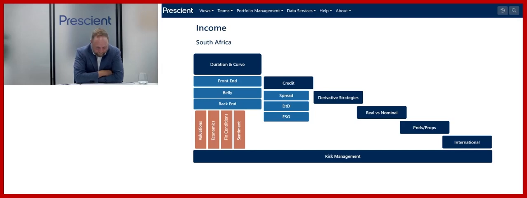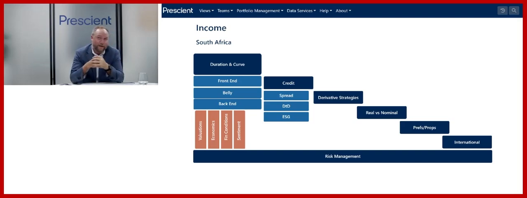Real versus nominal. Here we're just thinking about opportunities, inflation linked versus not. But interesting in this space, and certainly what we do at Prescient, on the real side of things, there's opportunity in more the unlisted space as well. So renewable energy, as an example, we run an internal fund at Prescient. That's a clean energy portfolio. That's a CPI +6 portfolio, government guaranteed, about 30 different projects underlying. We've generated about 4 stages of load shedding. It's a fantastic portfolio.